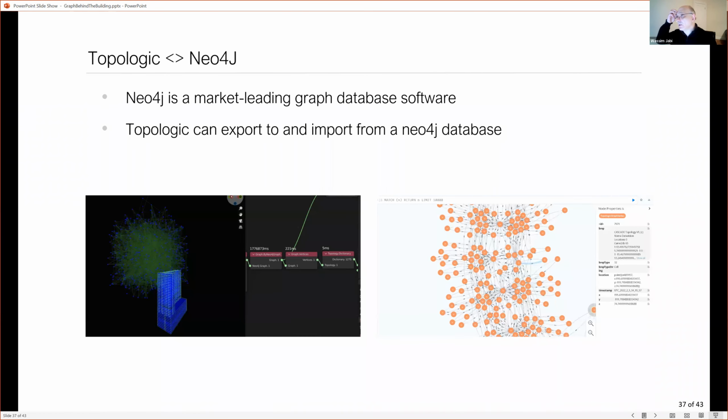And then we decided, okay, well, it's good that we're doing graphs inside Topologic, but we know that there is software outside that is much more professional than our software in dealing with graphs. Can we hook onto that? And I'm reaching the end of the presentation here. So we took graphs and wrote export nodes to Neo4j, which is one of the leading graph databases, because then you can really mine for information. That's what you see here on the right side.